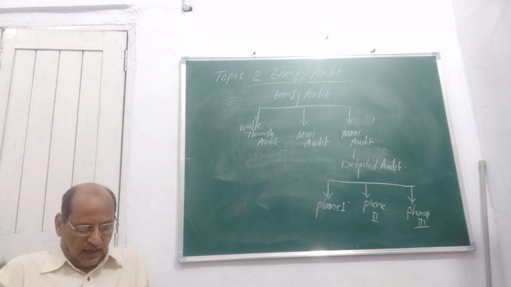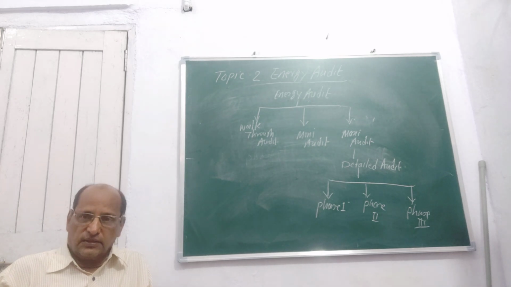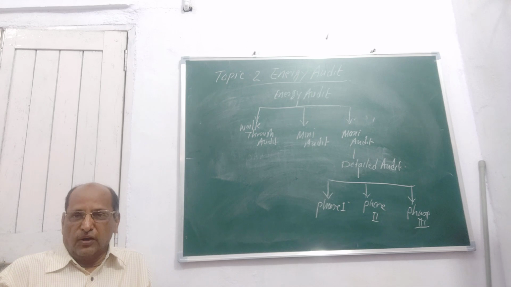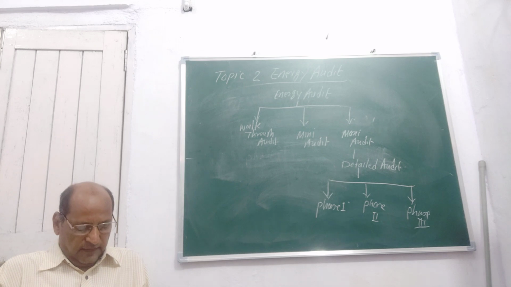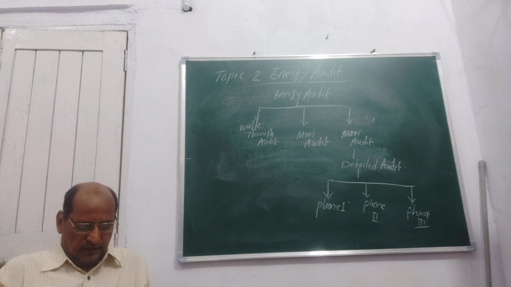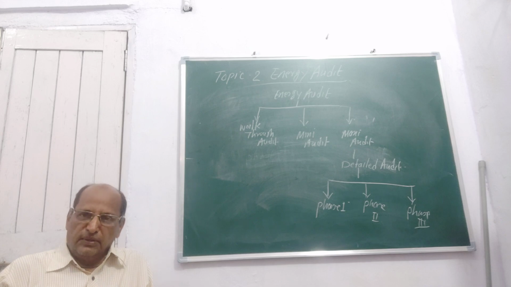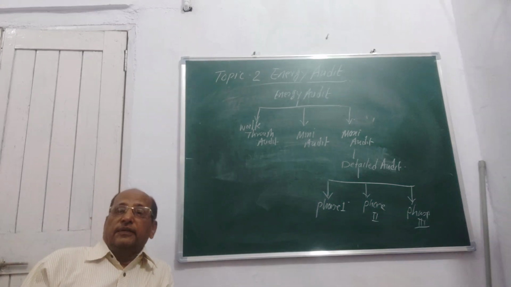Then the next point is to highlight deficiency in objective, procedure and planning. Now in all this study up to the previous point, whatever data you have collected from different points and different places, you have to highlight all the points in which the objective, procedure and planning for minimizing energy consumption are required. It means you have to find out the deficiency.